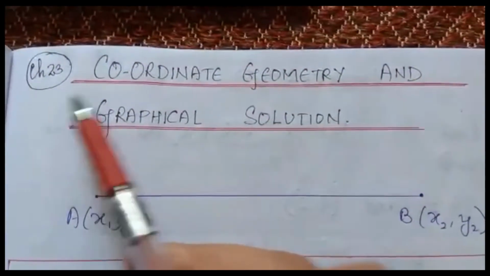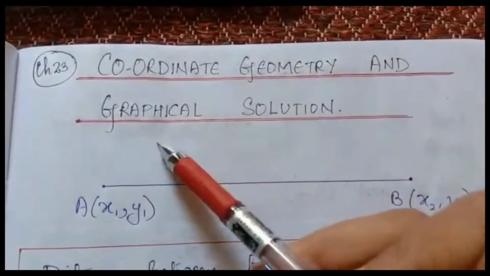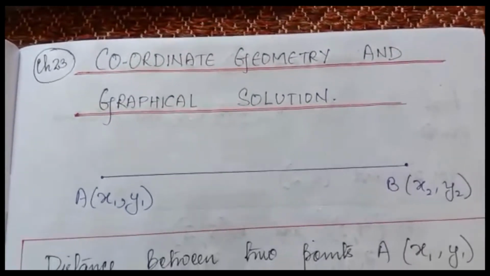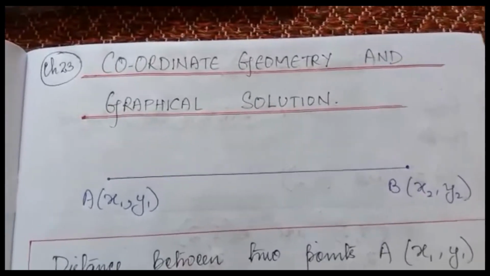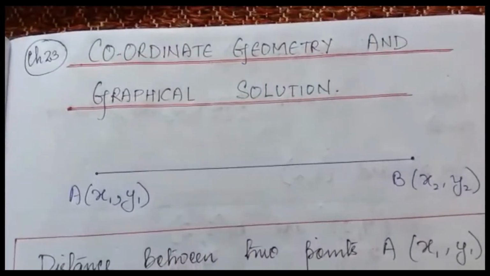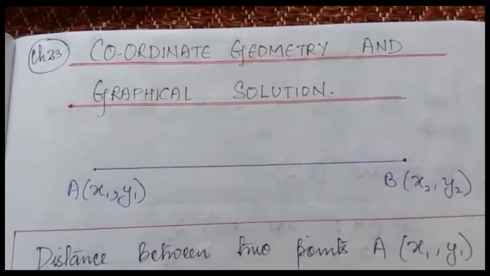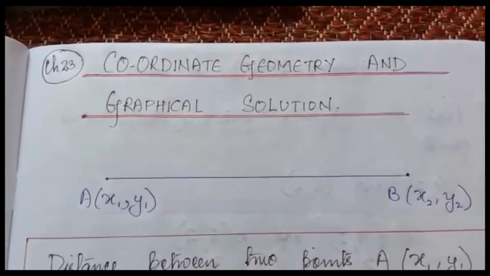Chapter 23, Coordinate Geometry and Graphical Solution. You have already done how to plot the graph in class 8 and in class 7. So, in coordinate geometry, we will deal with the points. We will learn how to plot the points on the graph, how to find the distance between the 2